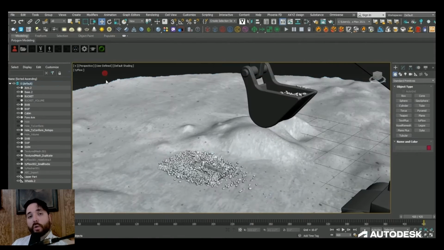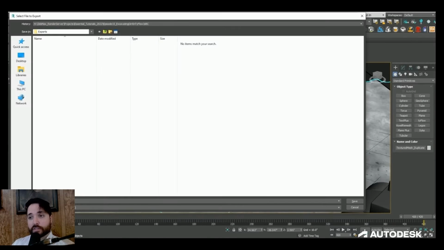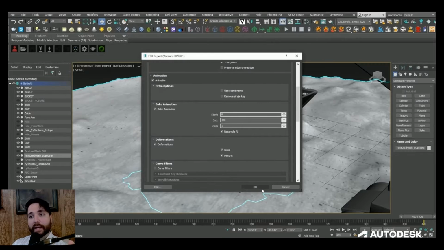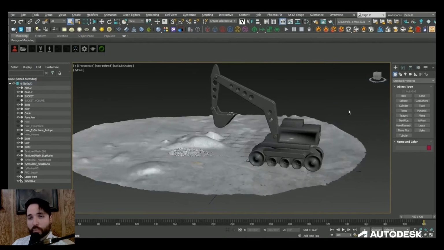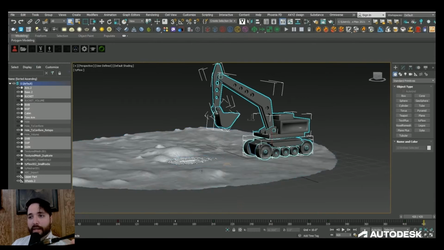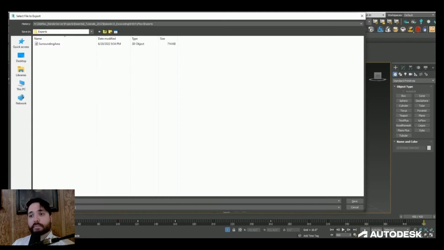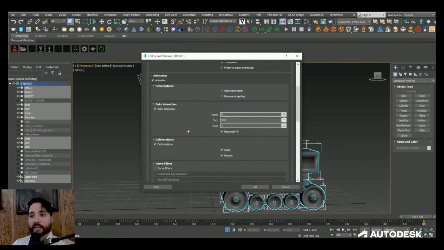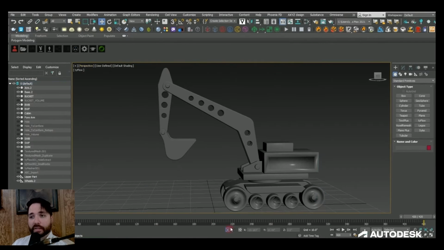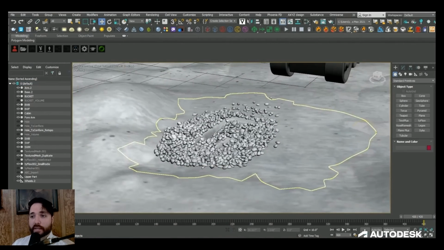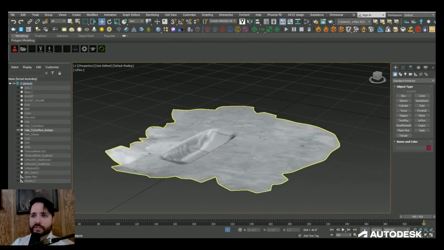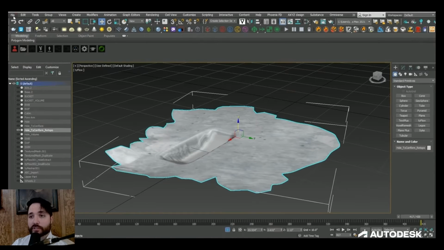I then needed to export all the pieces to NVIDIA Omniverse Create. So I exported the surrounding ground mesh and excavator as an FBX because there wasn't any deformations happening. And using FBX in this instance makes a lot more sense as the FBX will still save all the animation and UV data, but the file size will be a lot smaller than an Alembic file. So I only recommend using Alembic files when deformations are actually occurring.